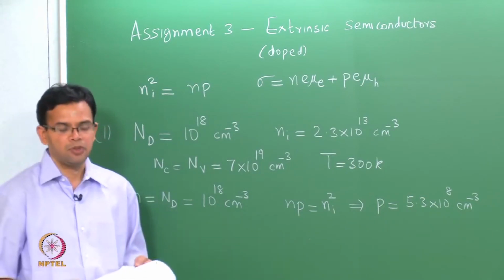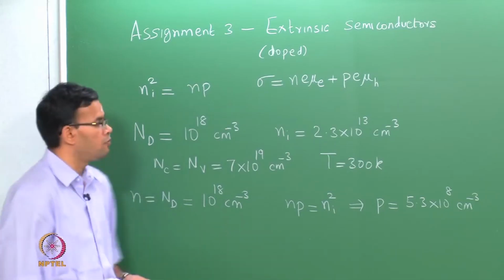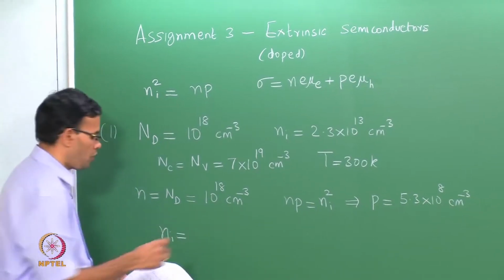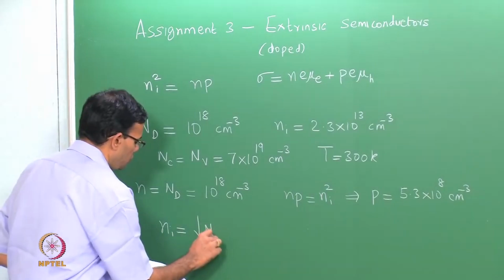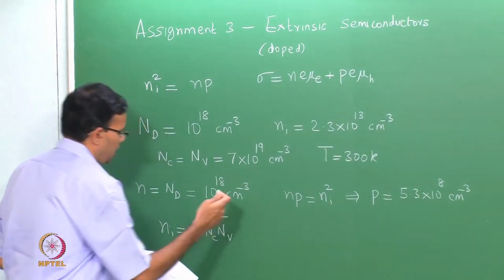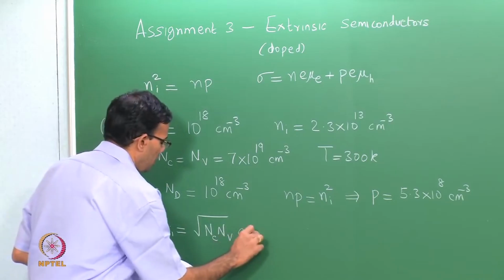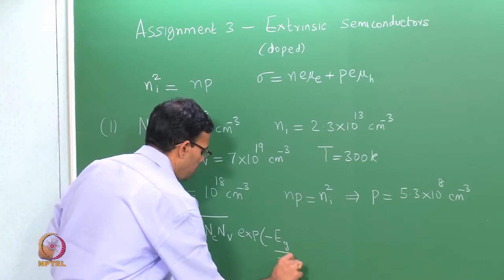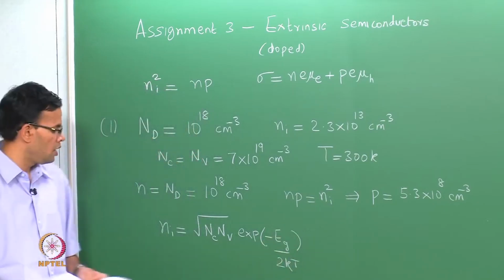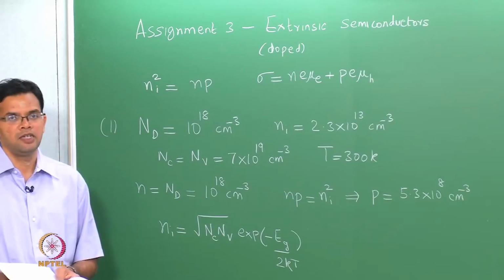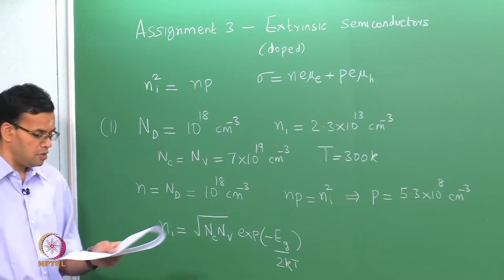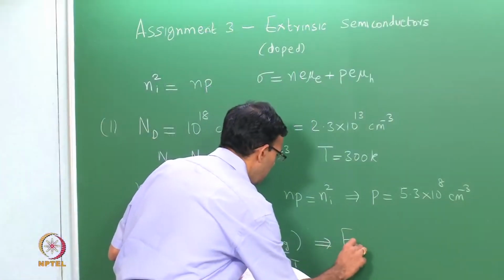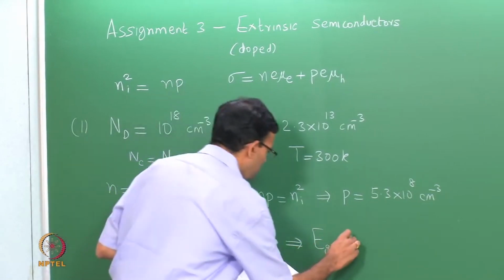What is the band gap of the semiconductor? To calculate the band gap, we can use the intrinsic equation which we saw in assignment 2. So, ni is square root of Nc Nv times exponential of minus Eg over 2kT. Nc and Nv values are given, temperature is known, ni is known. So, the only thing that is remaining is Eg, and Eg is